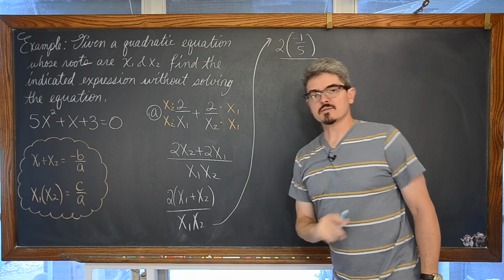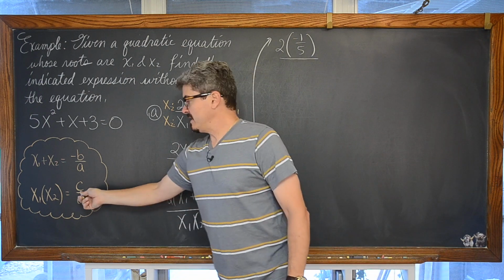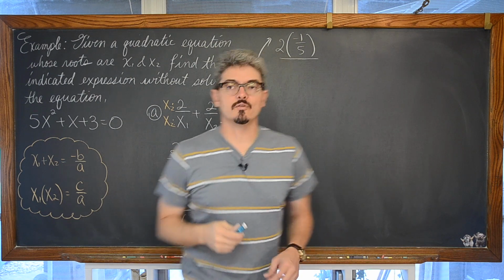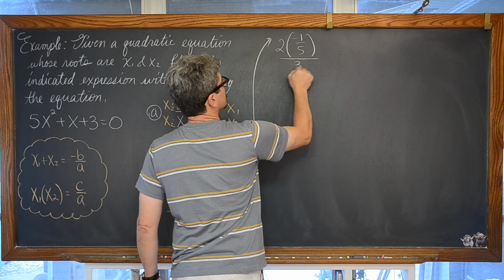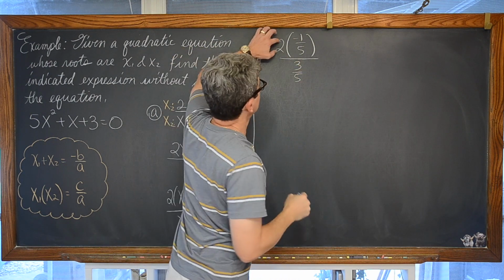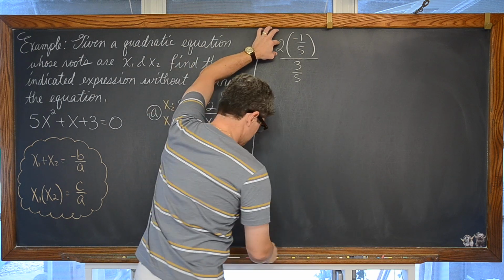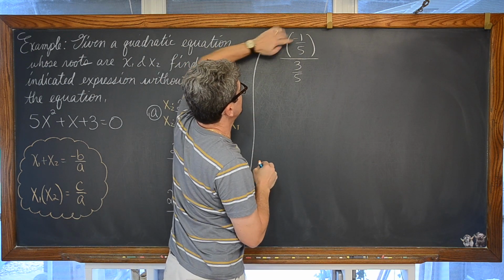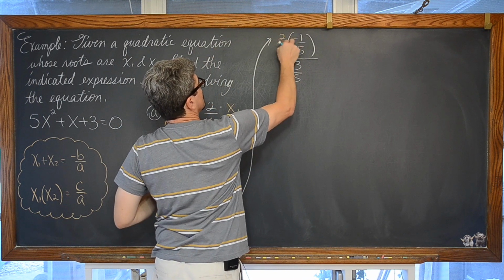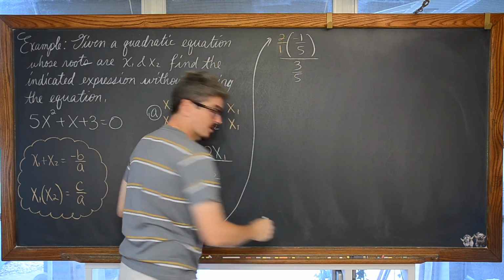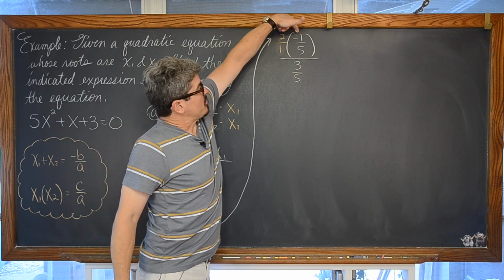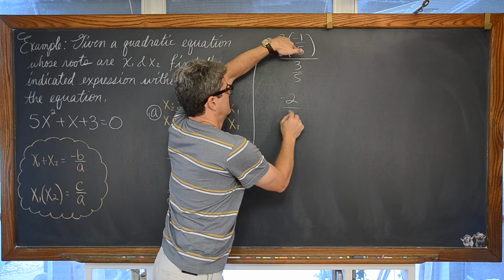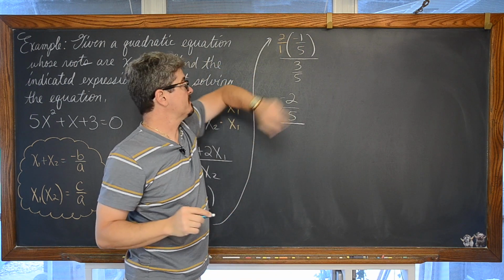divided by the product, which is going to be equal to the quotient of the constant divided by the leading coefficient. So over 3/5. And hopefully you're good with fractions by now. I don't really know what math class you're studying at the moment, but this is 2 times negative 1/5, or 2 over 1 times negative 1/5. So we're going to multiply the numerators. We're going to multiply the denominators. So we have negative 2/5 over